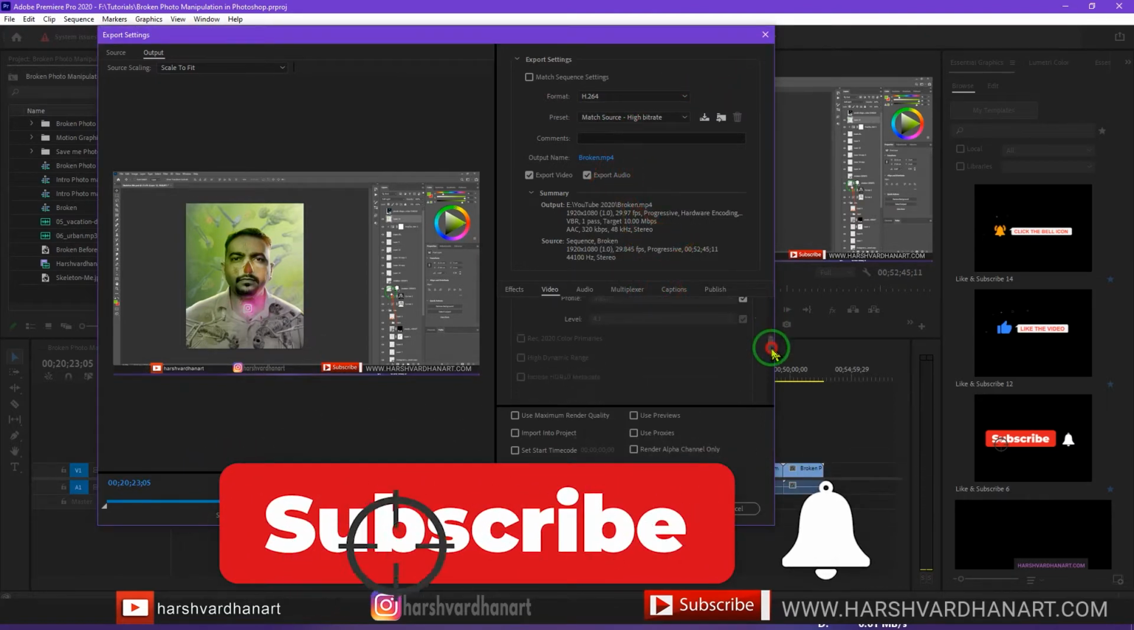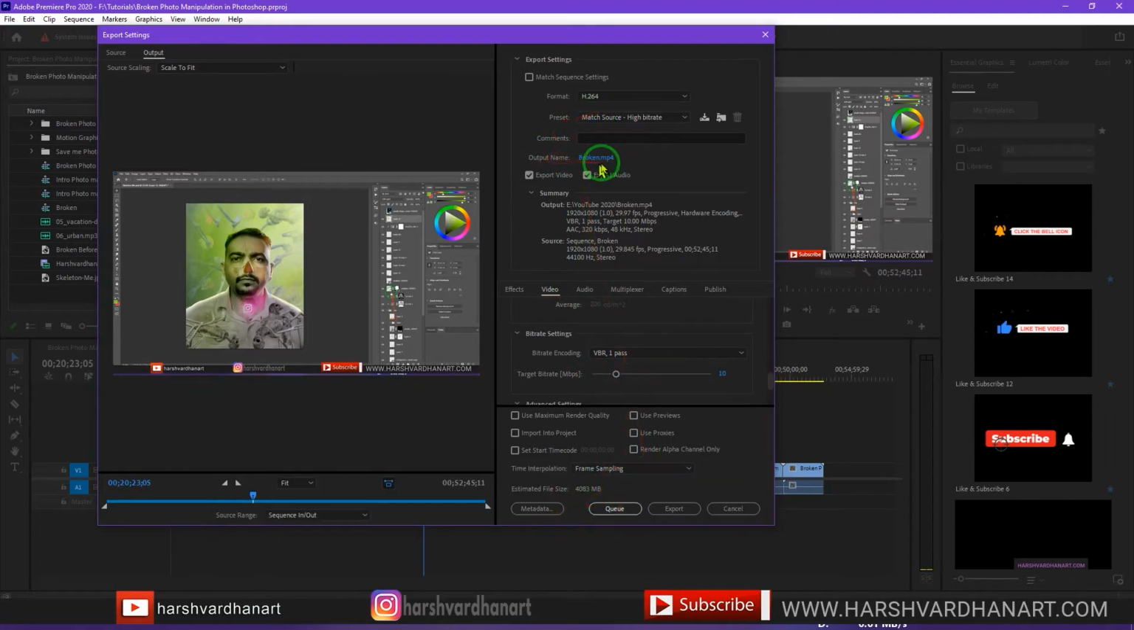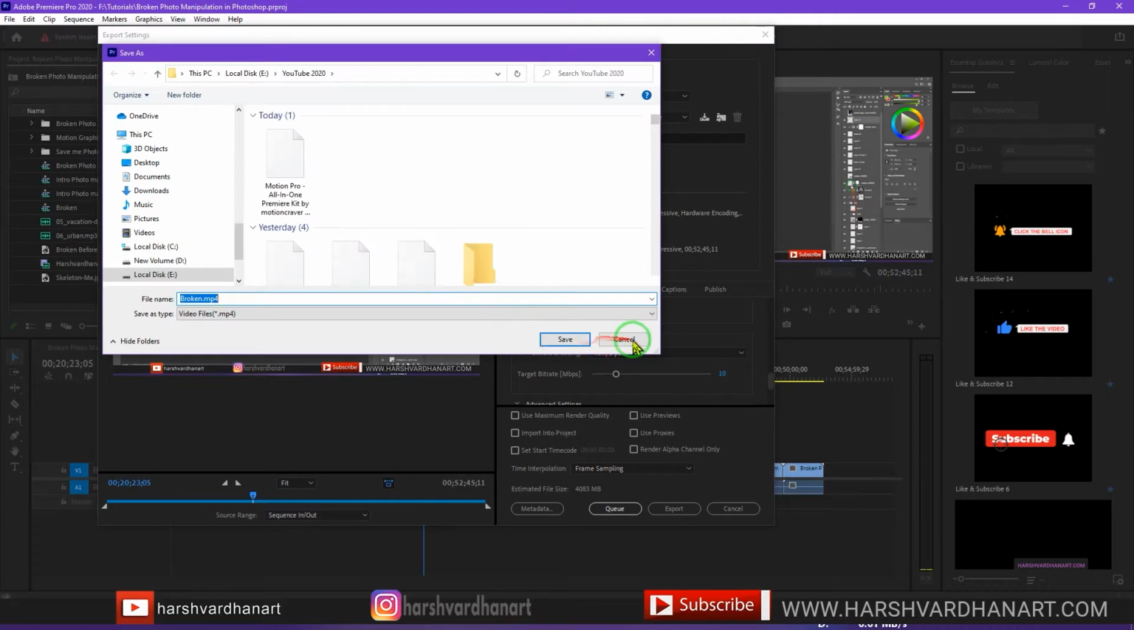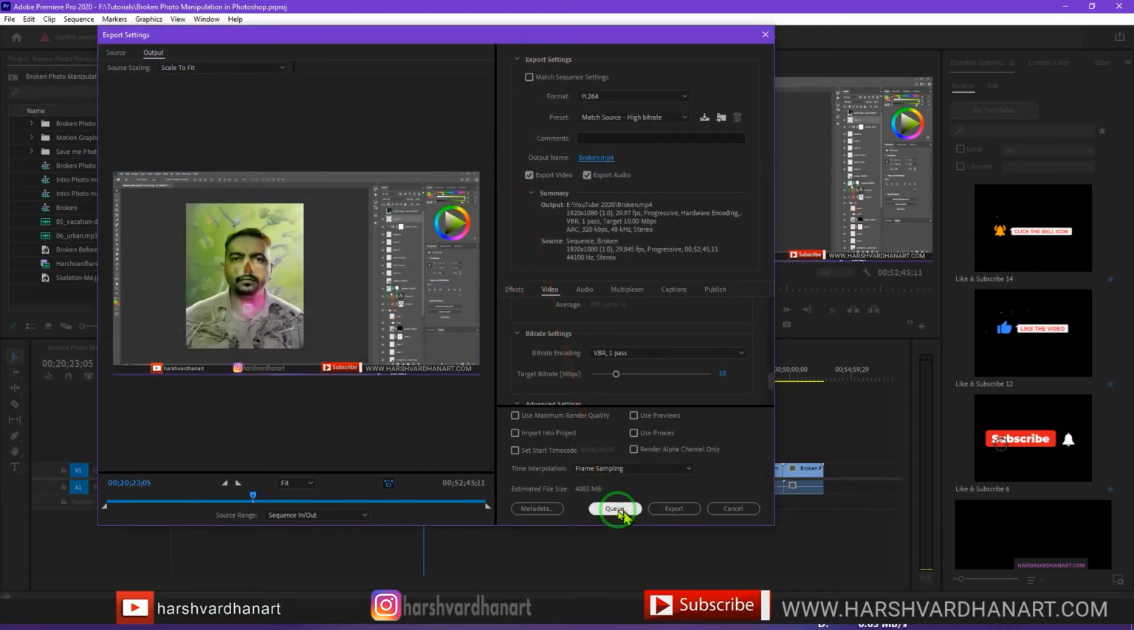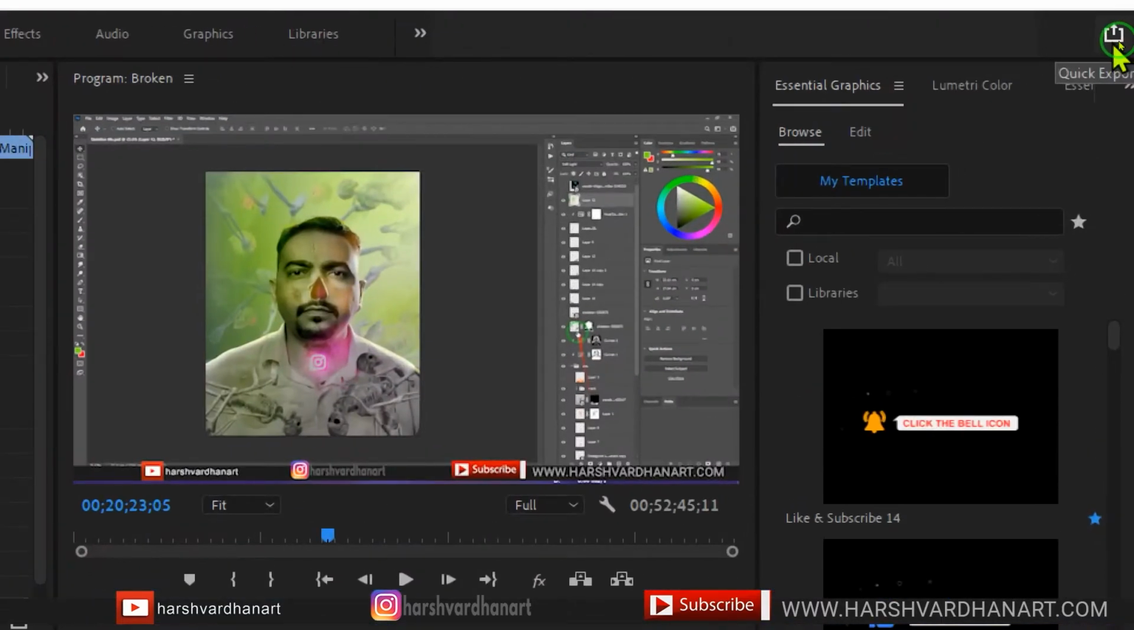And then you have some other options right over here in Premiere Pro. You can browse the location from here, and then either you press Queue, that would be sent to Adobe Media Encoder, or if you want to export, you can just export it right from here by clicking on this export button. So that was the previous version, but now with this new option, that is the quick export,